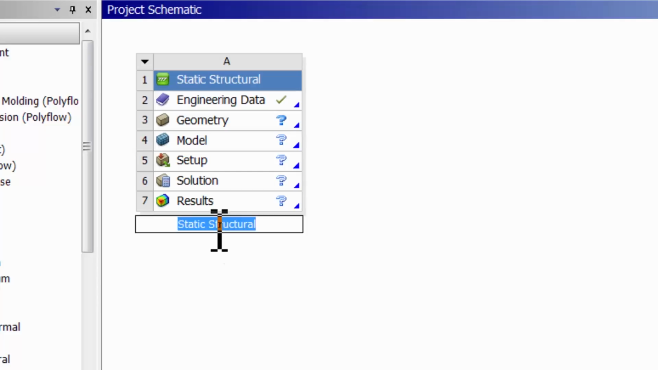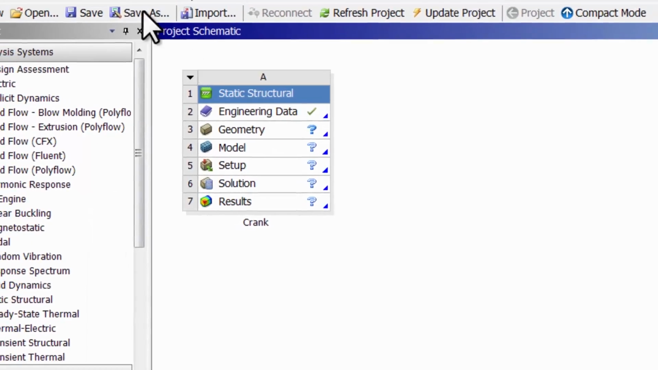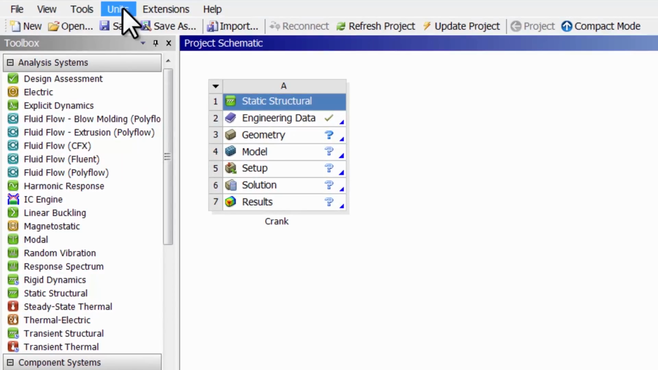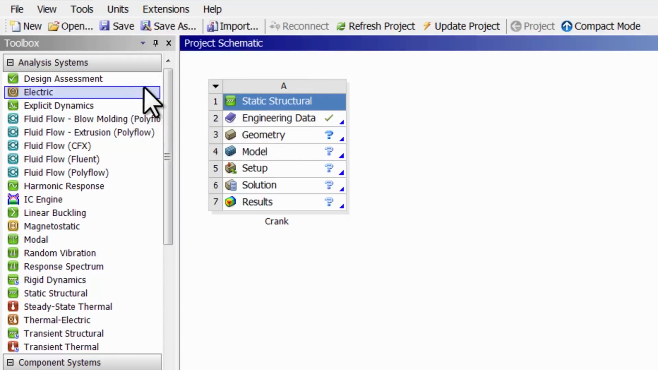Let me rename this analysis system. I'll call it Crank. And let me specify the material properties that I will insert later into the model. And I'm going to do this in terms of PSI. So I'll go into units and change the units to US engineering. And then double click on engineering data,